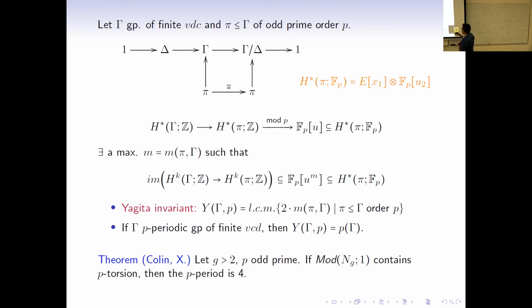Maximum m, so that happens, right? And for this pair of groups, one defines the Jagged invariant as the least common multiple of twice this m, for pi running inside of gamma of order P. And what one can prove is that if gamma is a p-periodic group of finite virtual cohomological dimension, then the p-period of the group gamma coincides with the Jagged invariant. That's what happens. So using this tool, we're able to show that